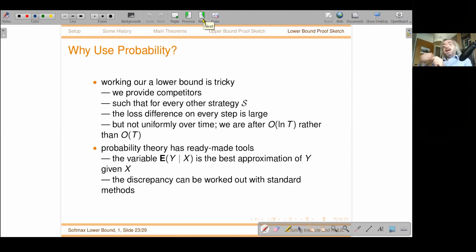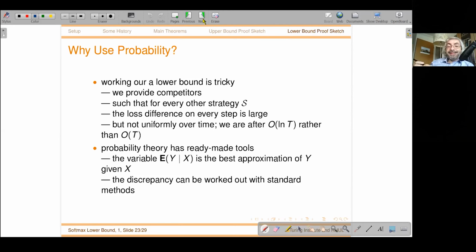So as I said, the lower bound is probabilistic. Why is that? Well, constructing a lower bound is difficult. It would be a rather difficult statement with quantifiers. We need to find signals such that for our competitors on every step, for every prediction strategy, something happens. This is rather difficult. And we can cut some quantifiers from the statement with probability, because in probability there are some techniques which can be applied here.